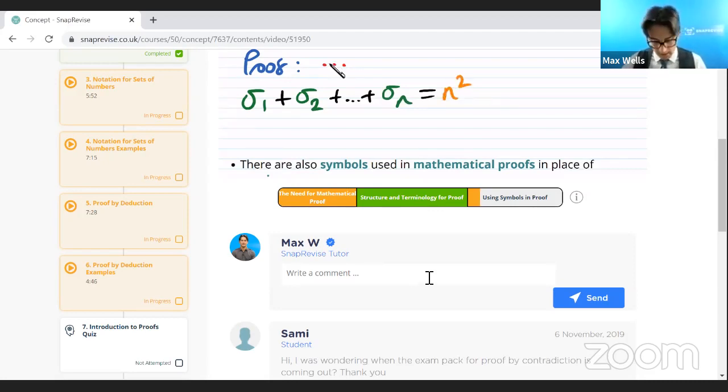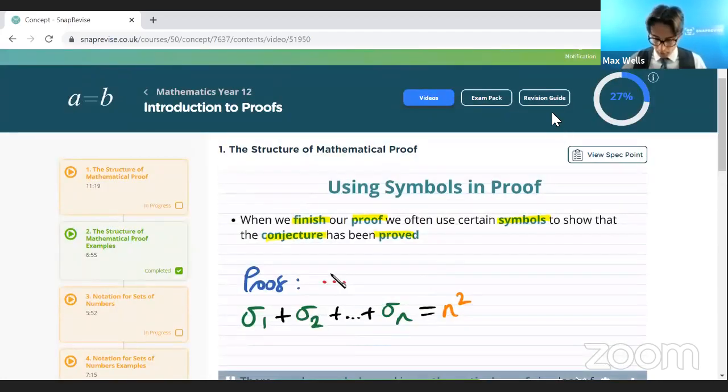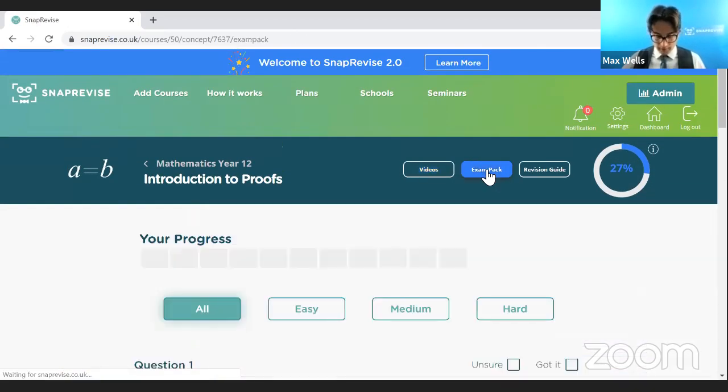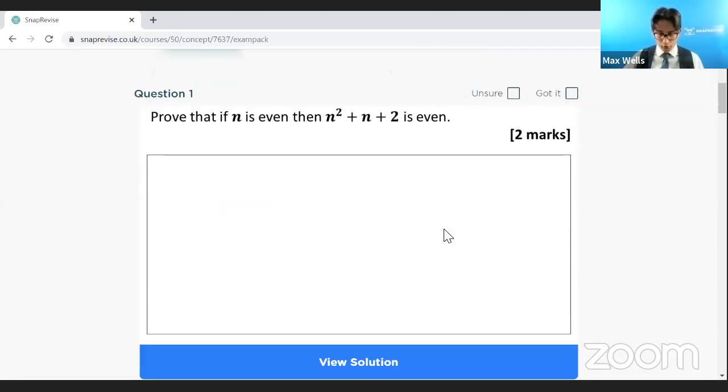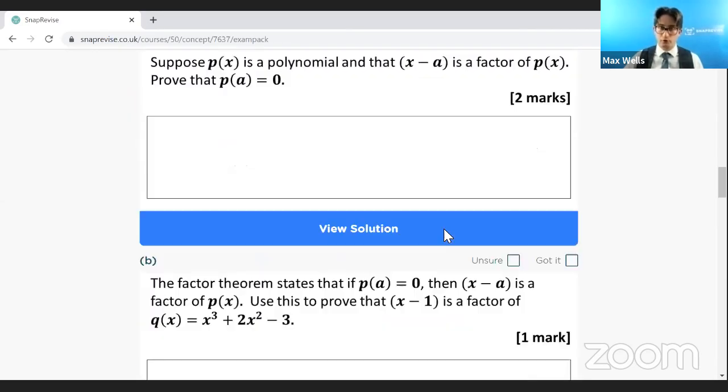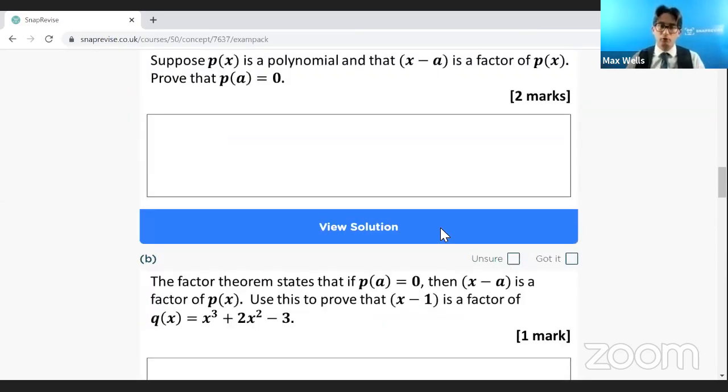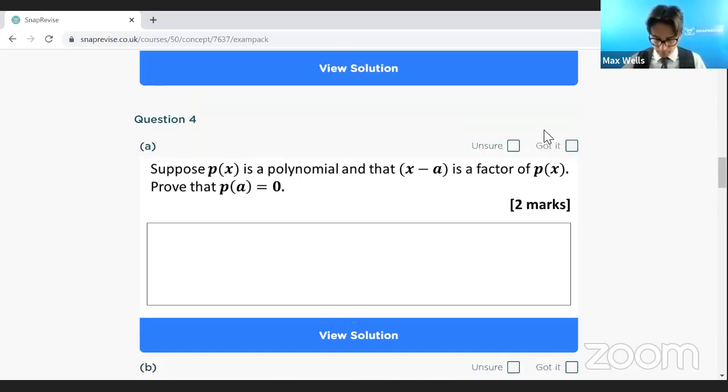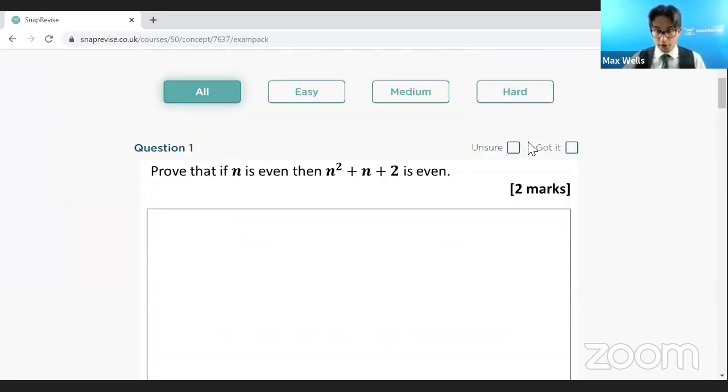So really handy. And what we have as well is an exam pack. So all different questions. And the great thing about the resource on here is they're all brand new. They're all questions that have been written to the standard of A-level and to your exam board, but they're not going to be repeated from other places. And I know a lot of students hate the fact that they might have wasted resources that they wanted to use as a test. And these are just brand new questions made up and tailored to you.